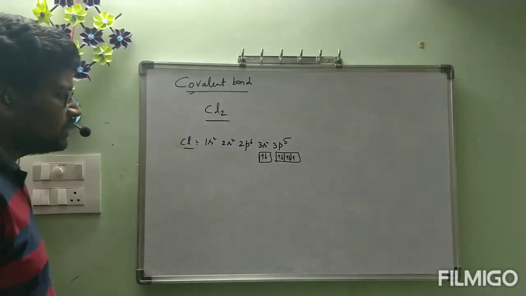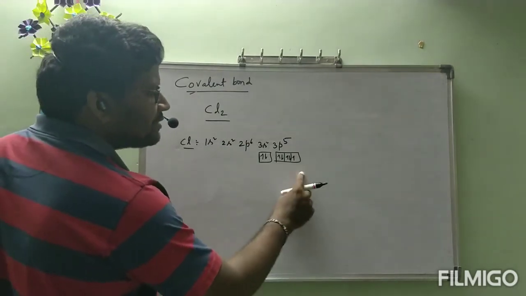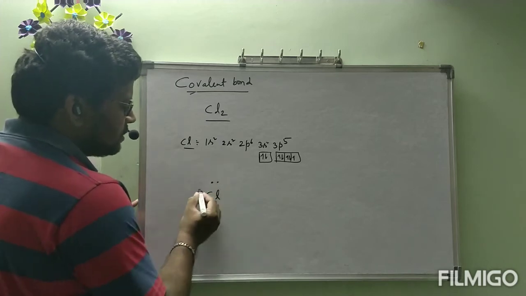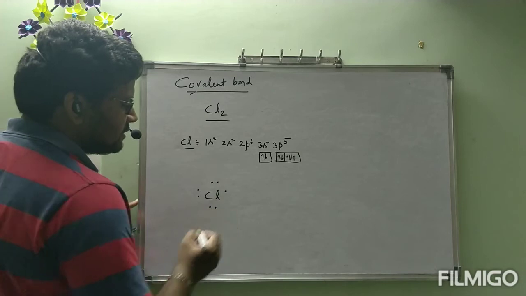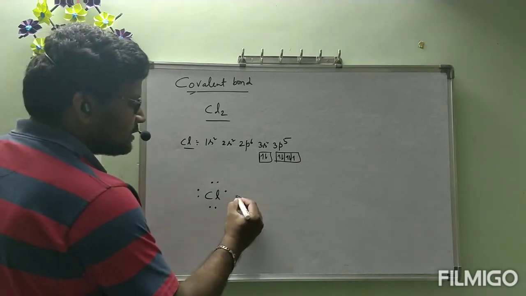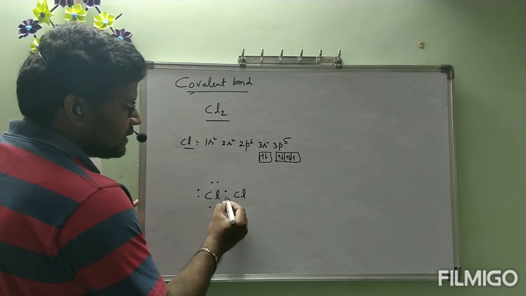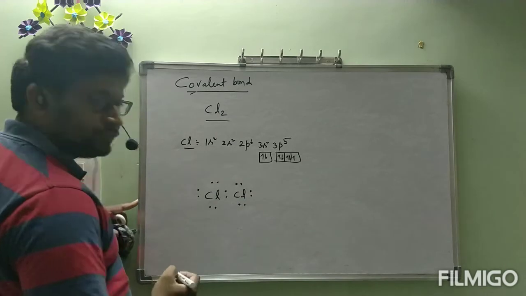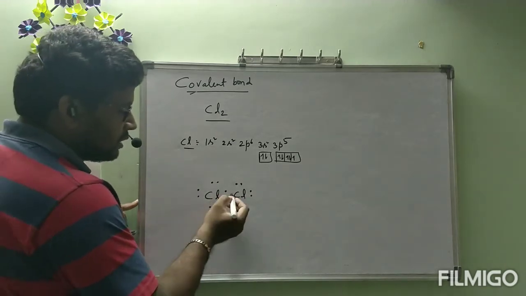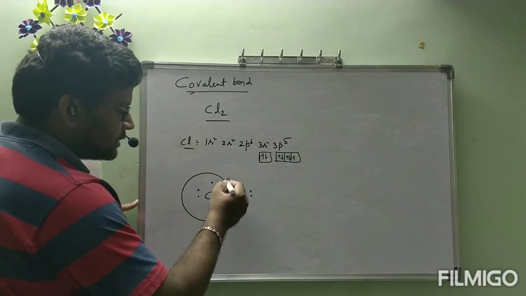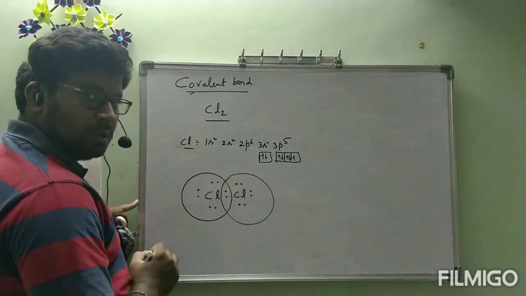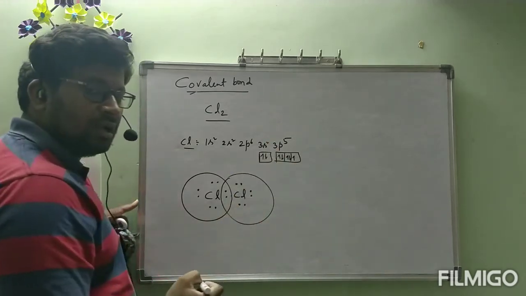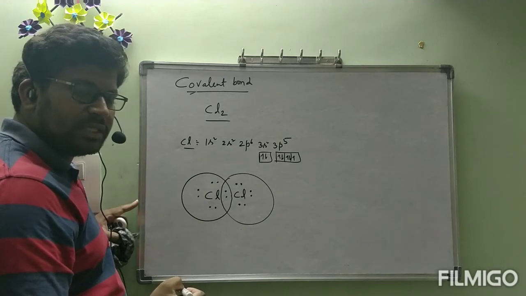Okay, now let us see. This is about chlorine. How many valence electrons are there? 7. So according to the Lewis electron dot symbol, 1, 2, 3, 4, 5, 6, 7. This is one chlorine atom. Same, another chlorine atom contains 1, 2, 3, 4, 5, 6, 7. This is belonging to this one. Now this bond pair is present in between two chlorines. If it gets 1 electron, it will get 8 electrons in the outermost shell. With that it is highly stable.